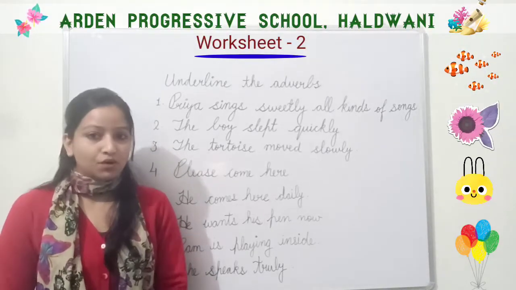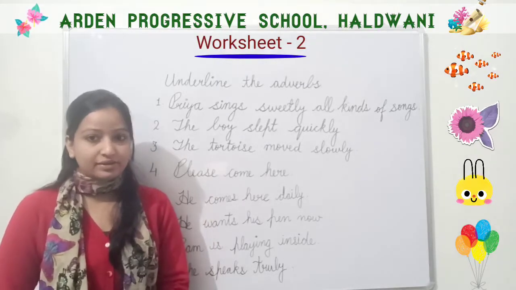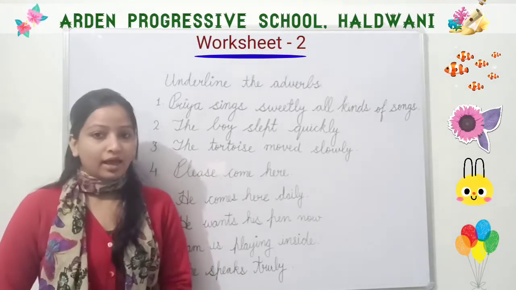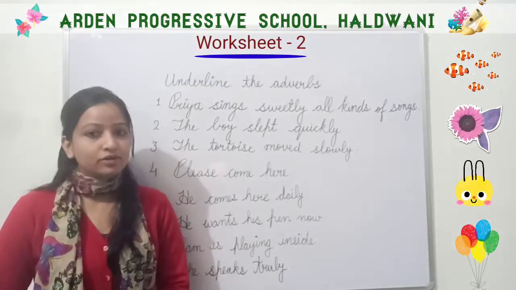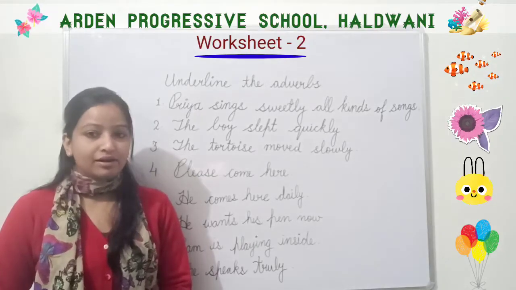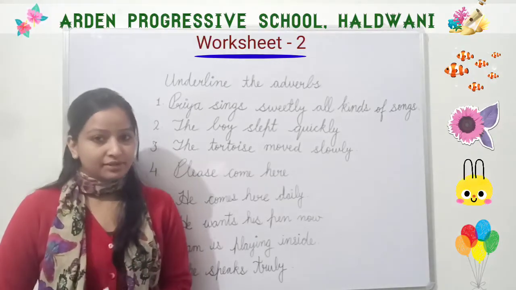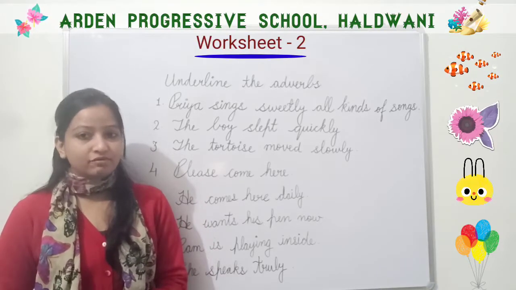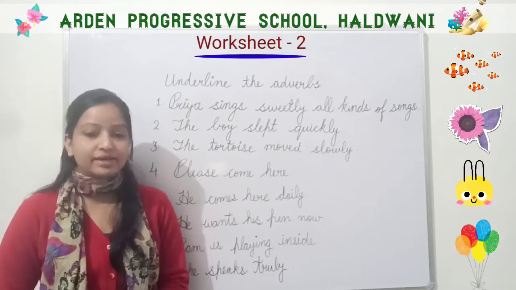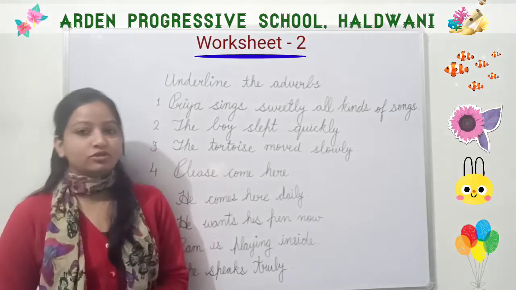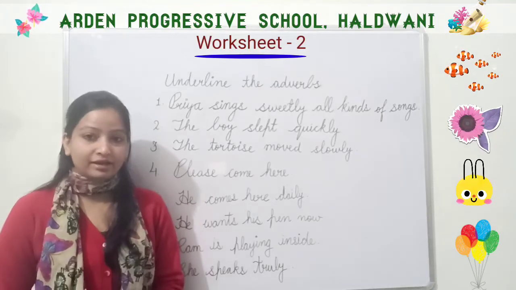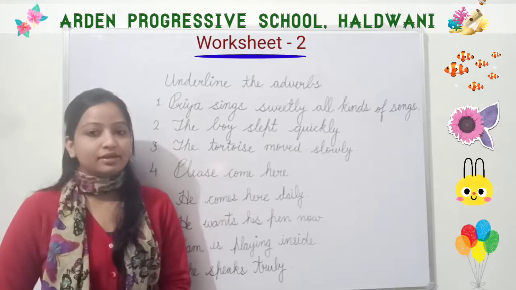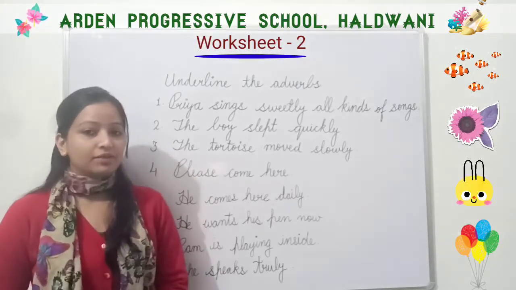And as you all know, we have started the revision and we have completed worksheet number 1. And what we have learned about the tenses, that there are 3 types of tenses: present tense, past tense and future tense. Under present, past and future we have learned about simple present, simple past and simple future, and we have performed an activity also. So today we are going to revise the chapter adverb with the help of this worksheet.